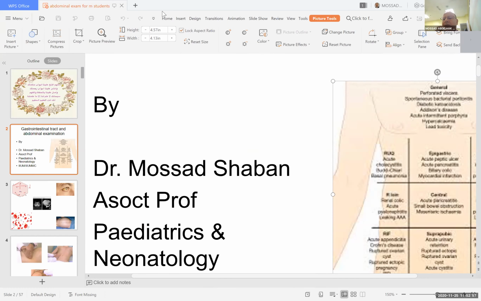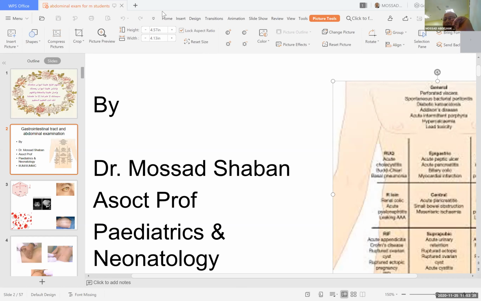The third thing, which is very important, any scar. If you find any scar in any quadrant, you must ask yourself, is it upper and right? It can be a scar like for cholecystectomy, for liver transplantation, in the appendix side, or in the back. A scar is very important because no one is going to have a scar without surgical intervention. So it is a big and important point, okay?